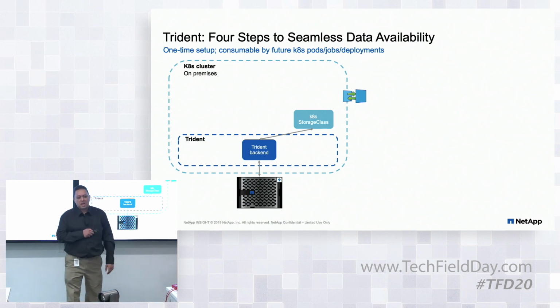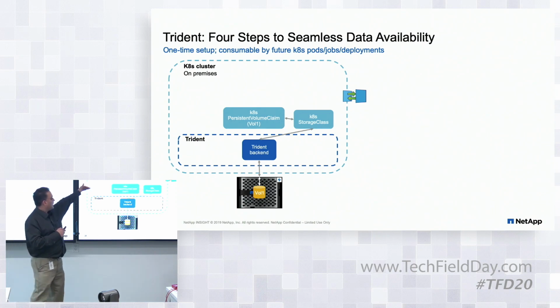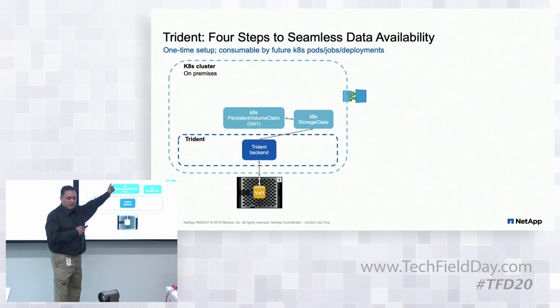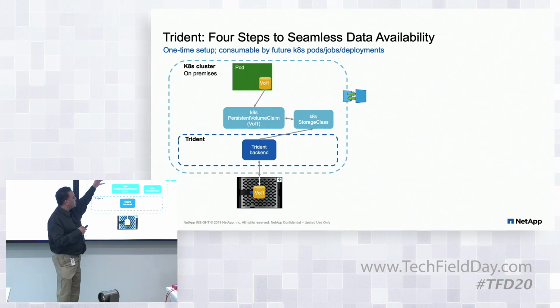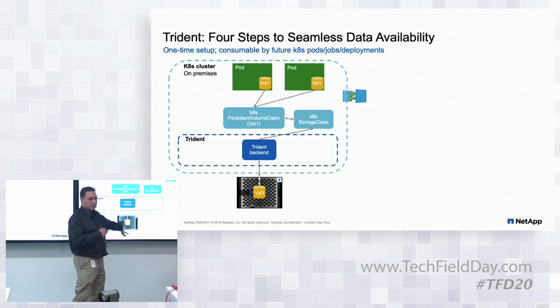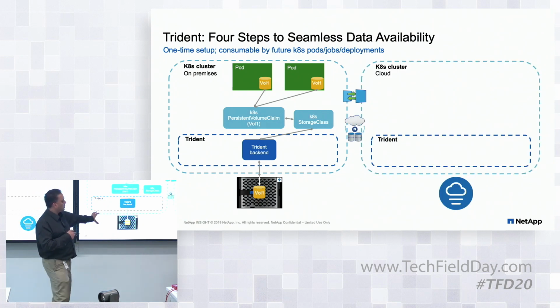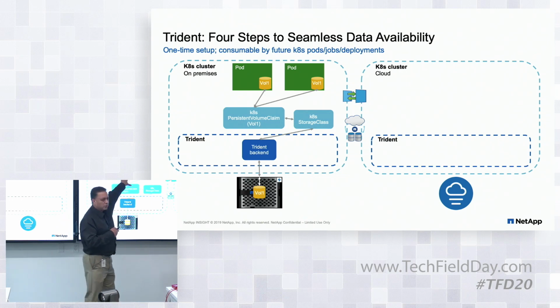The Trident plugin integrates into Kubernetes and claims the persistent volume interface, so that when you start to provision storage, you're now provisioning storage from a NetApp system. So as you build out these Kubernetes clusters, data for the underlying system is being provisioned out of network storage. And that network storage, coupled with the compute stack,